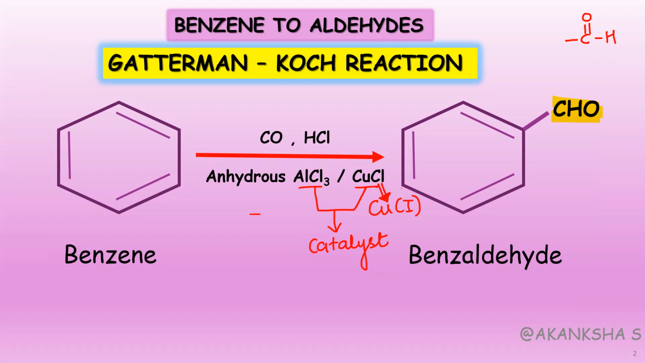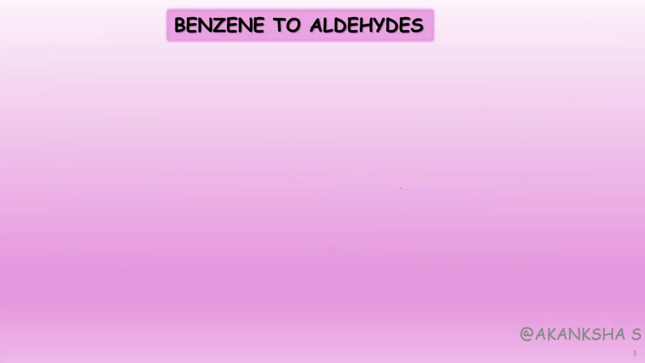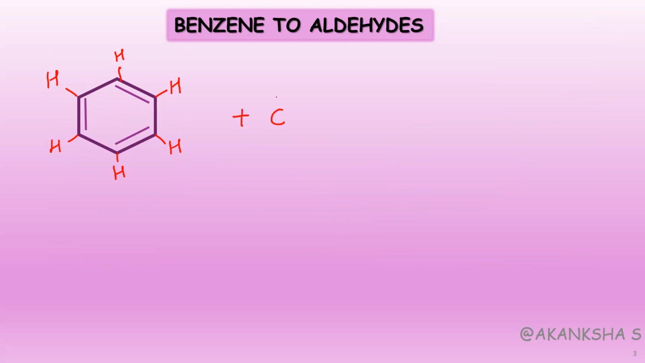Now, the major question that arises: what happens when we include carbon monoxide in an acidic medium, and how is it directly giving us benzaldehyde? For this, we have to understand one simple logic. If this is a benzene ring, we know it is made up of 6 carbons and 6 hydrogens. We give it as C6H6, right? It's an aromatic ring structure. Now, what is going to happen? As soon as I add carbon monoxide,